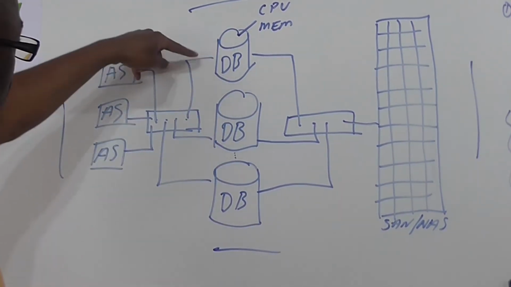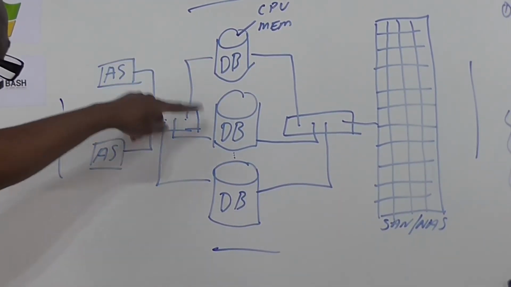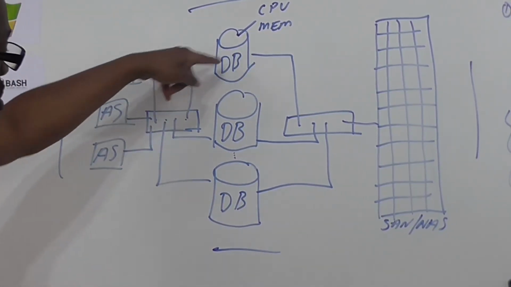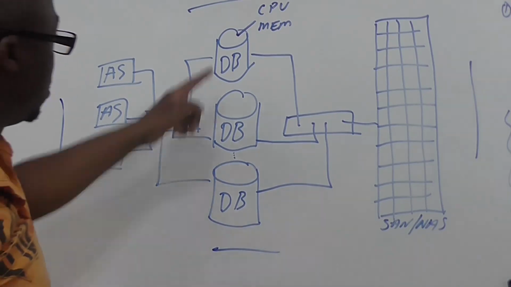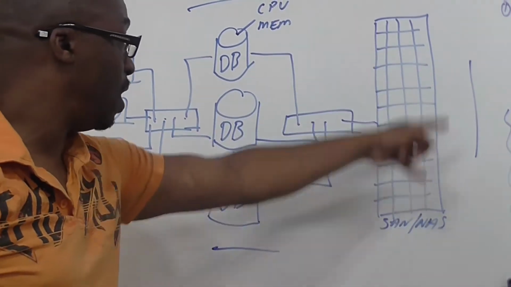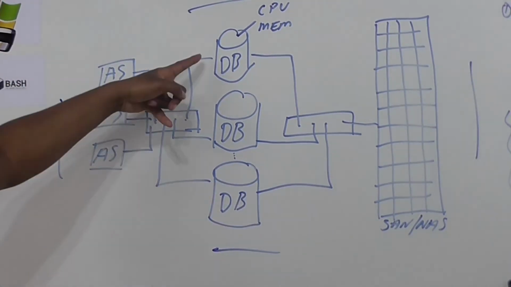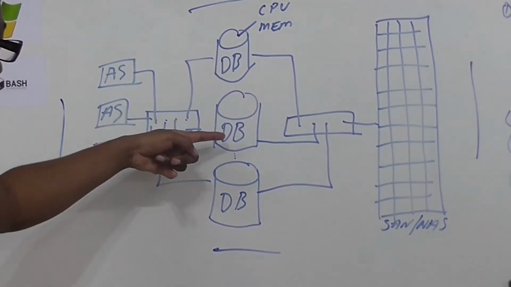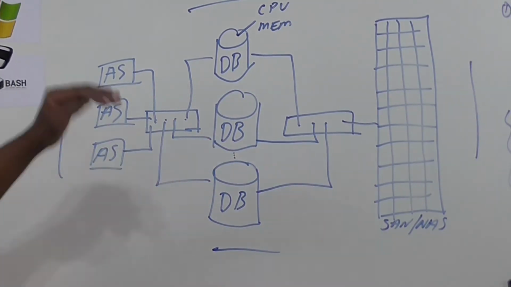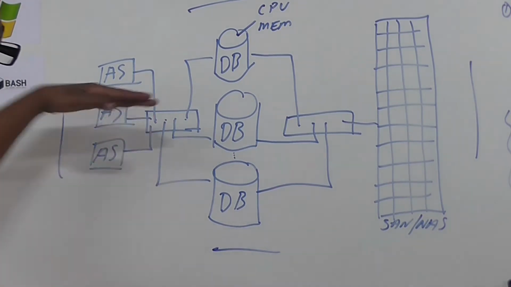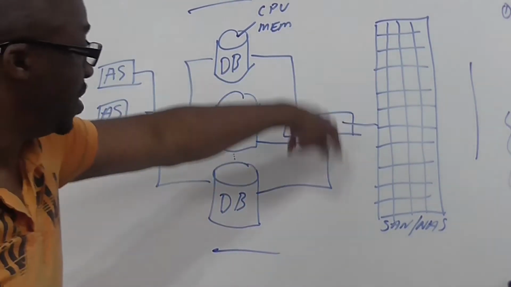So these three are then connected to this switch. This switch is used for inter-database communication, so that these databases have the same view of the data here. So if somebody comes through here and via this guy you update records in your database, these guys have the same view. Now you can see, as you start adding more and more databases, because you have to have the same view of the data here,